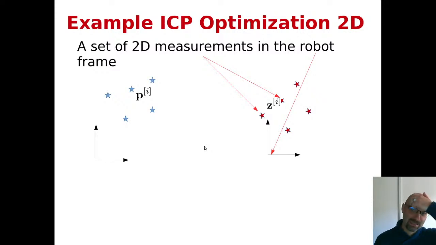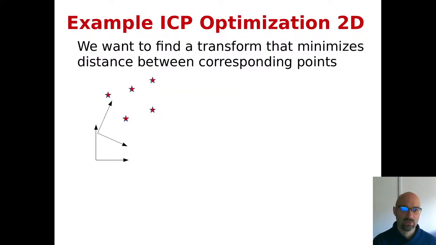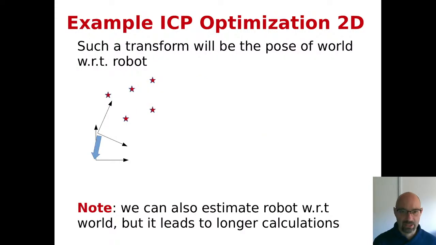I made these slides once, I'm reselling them over and over. We have a set of 2D measurements in the robot frame. And these are measurements in the robot frame. And what we want to do is, we know the correspondence. So we know which point in the world corresponds to which point sensed by the robot. Okay? And what we want to do is to find the transformation that